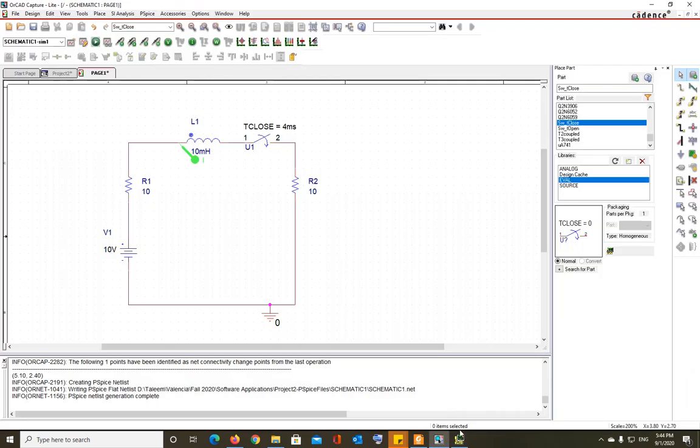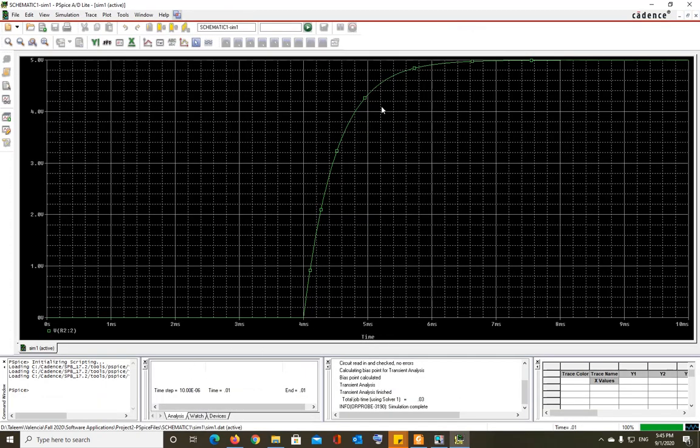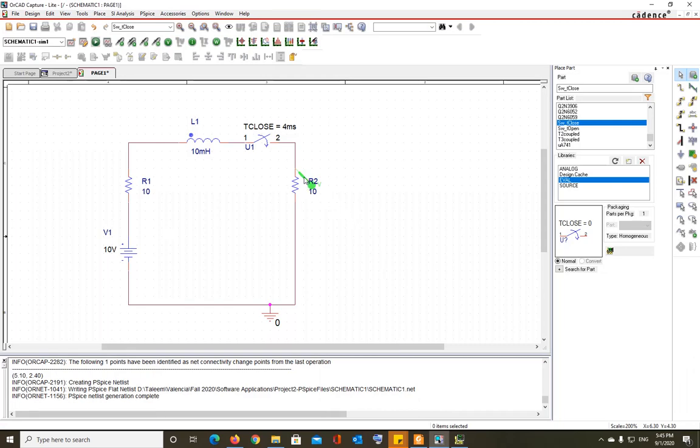You can do the same thing with the voltage as well. Let's say you want to see how the voltage is changing across R2. So you put a voltage probe, and this is how the voltage is changing across R2. You want to see how voltage is changing across the inductor. Now remember, since none of the ends of the inductor is grounded, you cannot choose a single-ended voltage probe. You have to choose the double-ended voltage probe. So you're going to put one here, you're going to put one there,